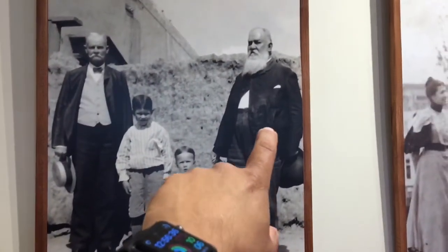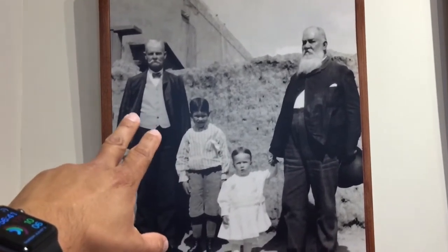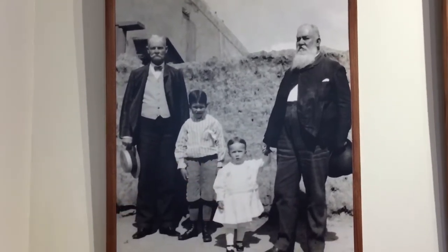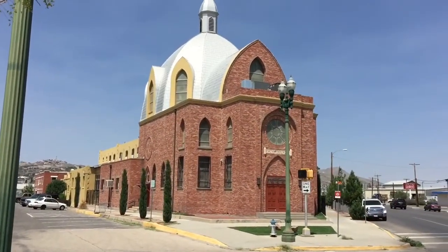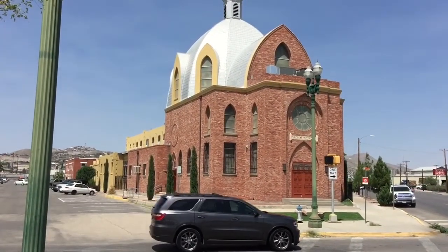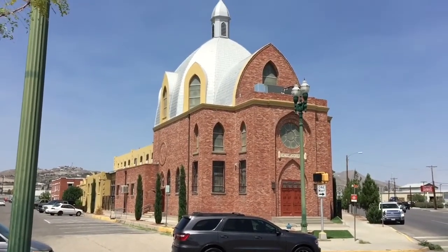Okay, I believe that's Joseph Magoffin, and I'm not sure if that's his father, James Wiley. I'm not sure, but I'm assuming those 2 kids are Joseph Magoffin's kids. Directly across the street is the Monastery of Perpetual Adoration. In 1927, the Sisters of the Order of Perpetual Adoration moved to this residence. They arrived in El Paso in 1925 after fleeing Mexico